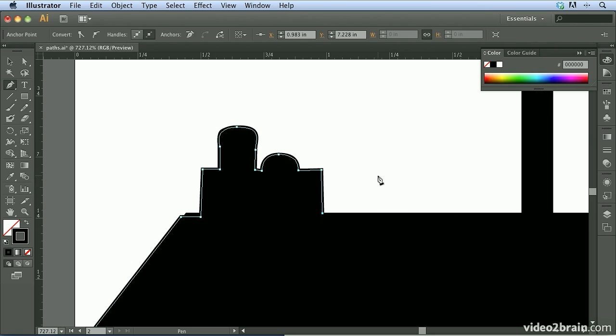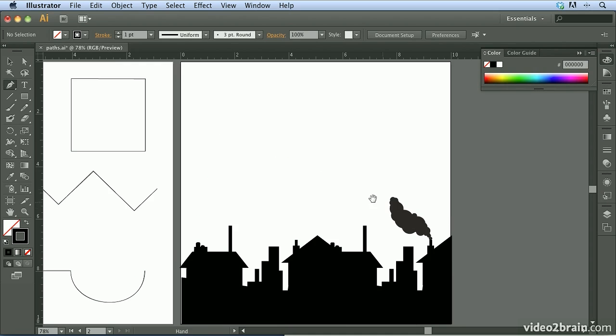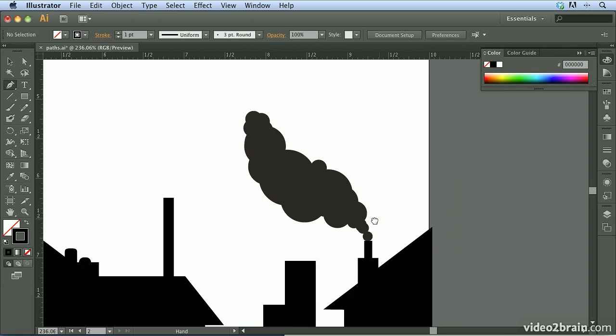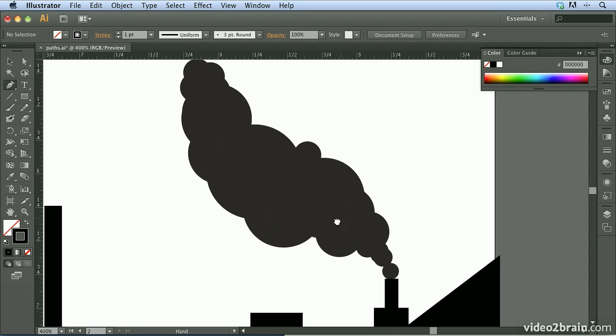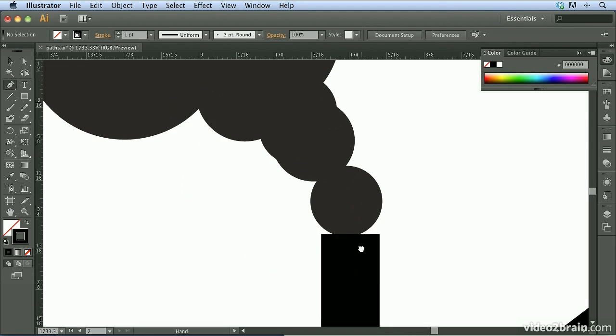Now I'm going to terminate this path. I encourage you to continue going, but I want to show you that when you get to the smoke section here, this is where you're going to want to use your curve points. So if I were drawing this shape, I would start down here, and I would just kind of click and drag